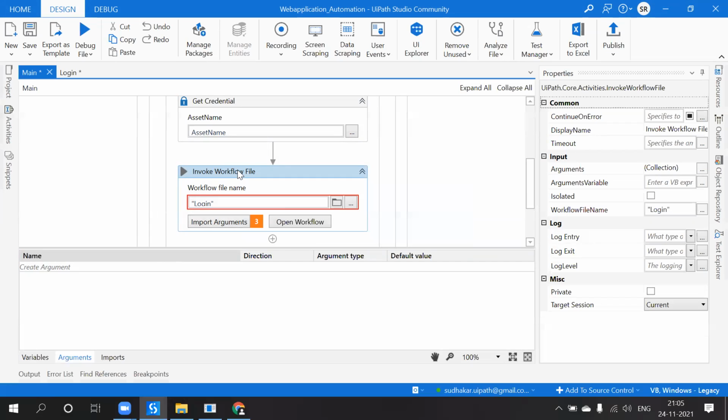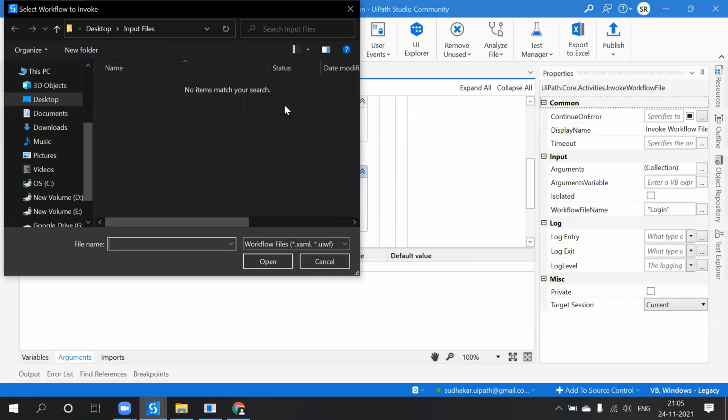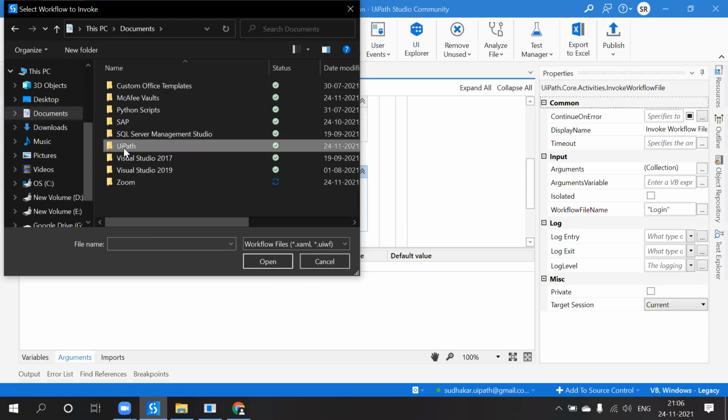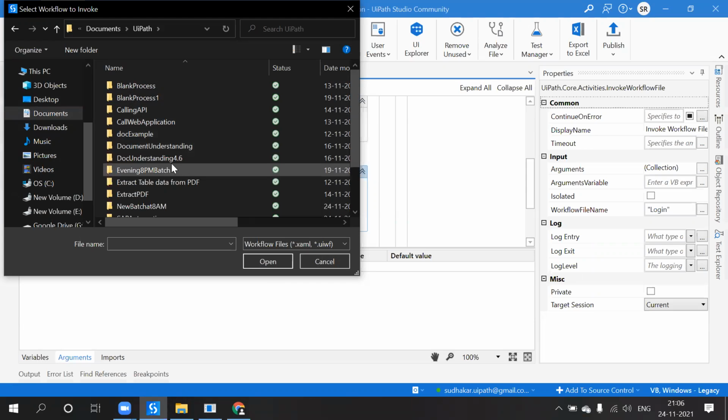Now open workflow. Otherwise, where is our UiPath? Under UiPath, what is that? Web application. What is the name of the workflow?